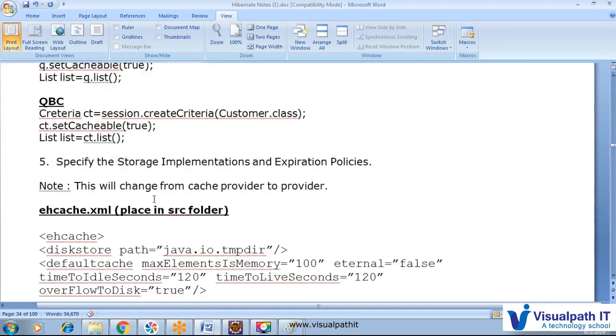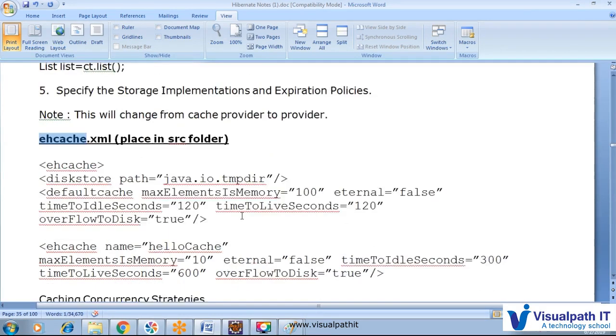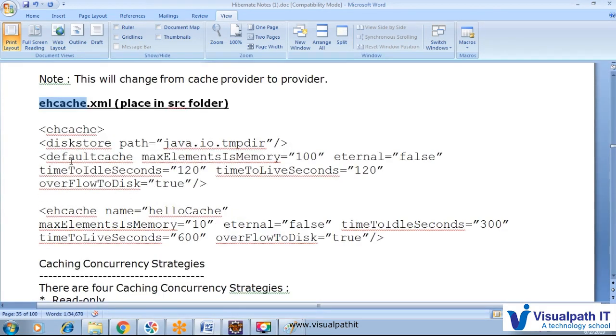And right now we are using EhCache. So here we have one ehcache.xml where we have to provide a few things. What are we providing? Where you would like to store: java.io.tmpdir, where we want to store the file. So EhCache diskStore path we have to provide, defaultCache, maxElementsInMemory, meaning how many objects you want to store.